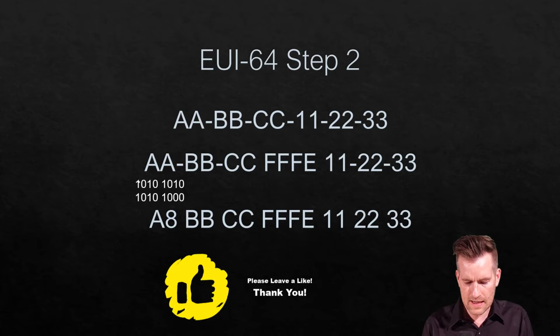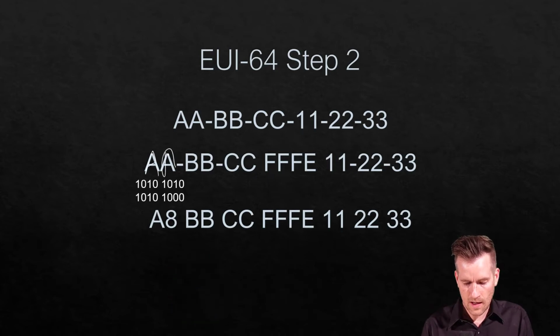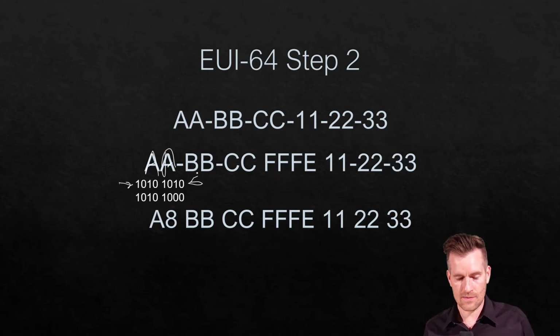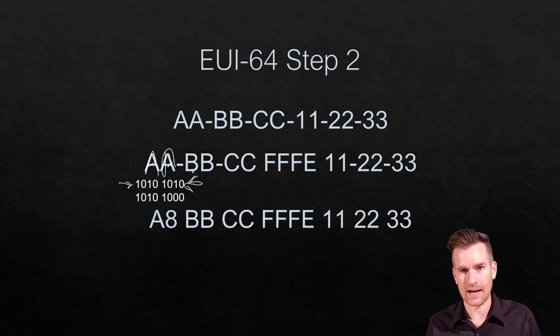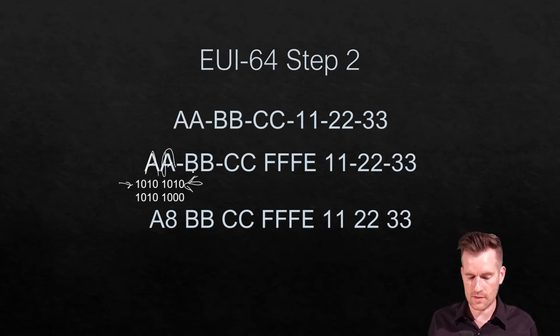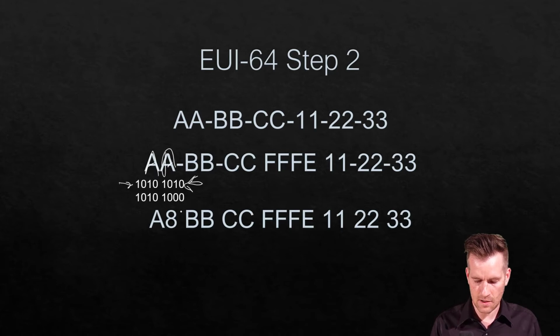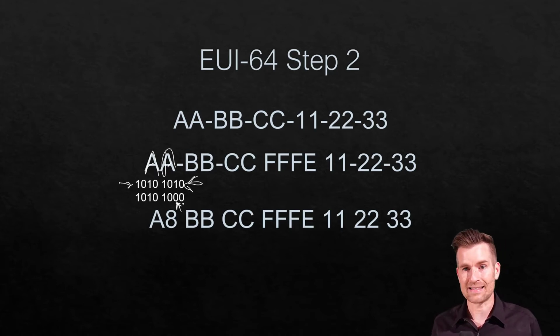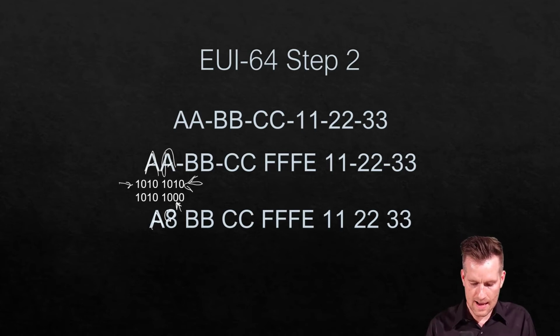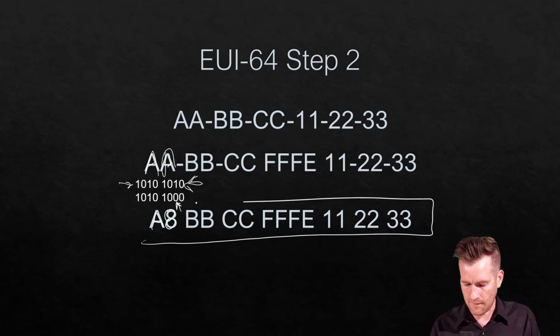So if we see this AA right here, then A is 1010. So we translate that into its binary equivalent, which is 10101010. We count 7 bits in and we flip that to a 0. So now we see that that is now a 0. So now we've got 10101000, which translates to A8. And now we have A8 BBCC FFFE